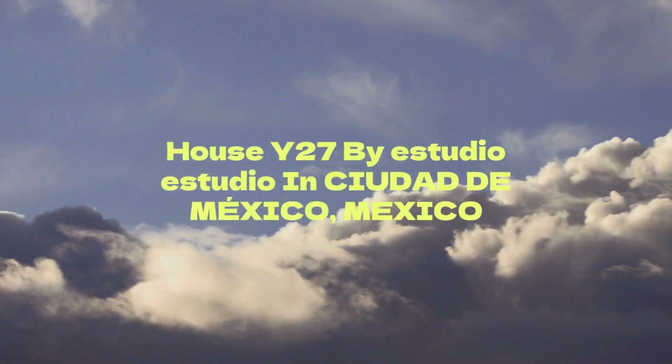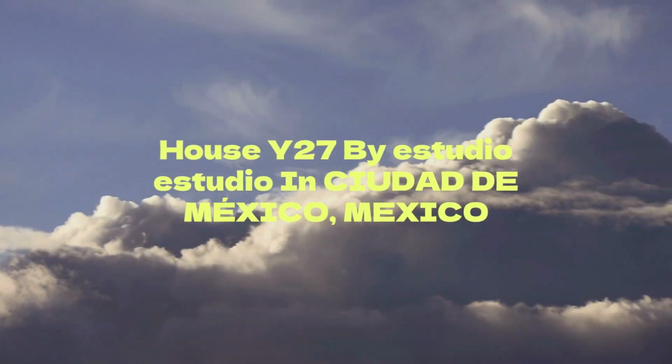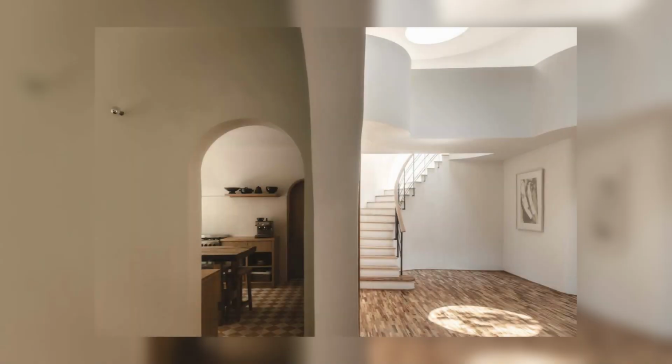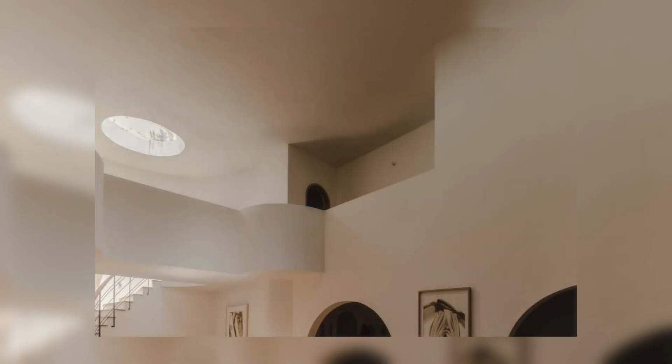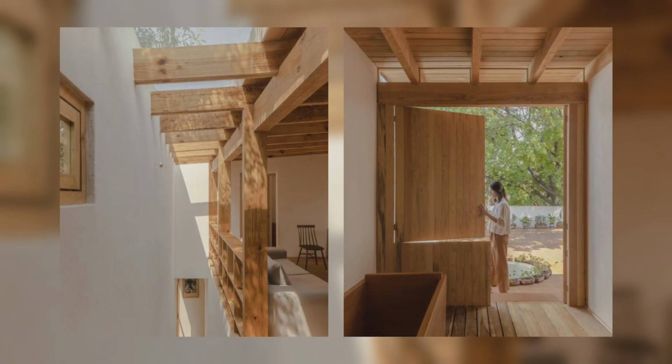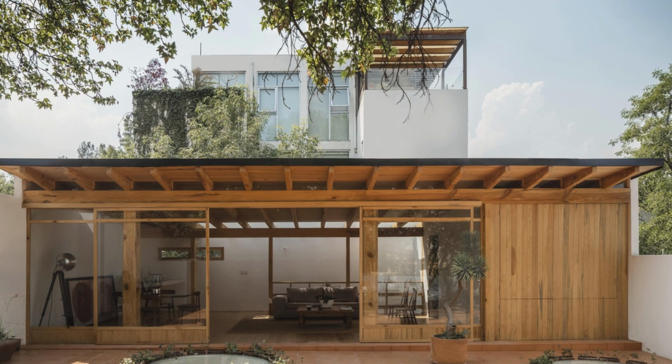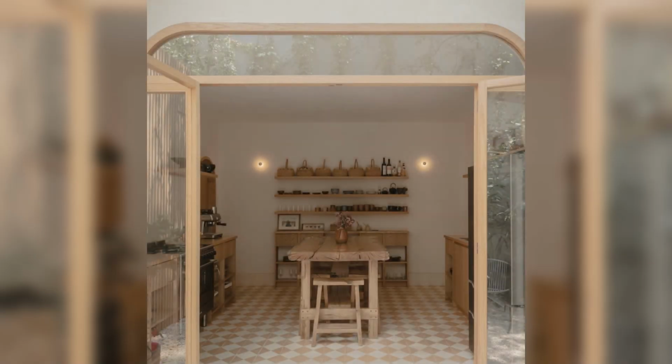House Y27 by Estudio Estudio in Ciudad de México, Mexico. Located in the historic Hipódromo Condesa neighborhood, this house has withstood the test of time since the 1930s. Despite years of neglect, Estudio Estudio undertook the task of redesigning its interior, revitalizing its original charm, and improving its